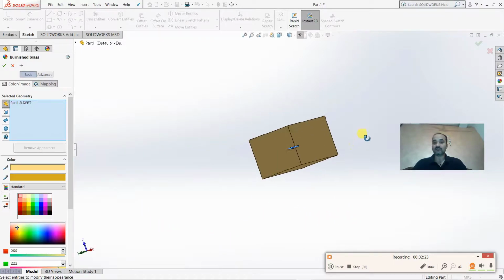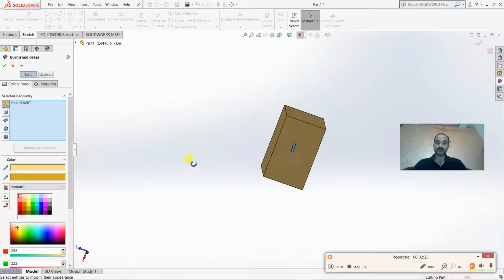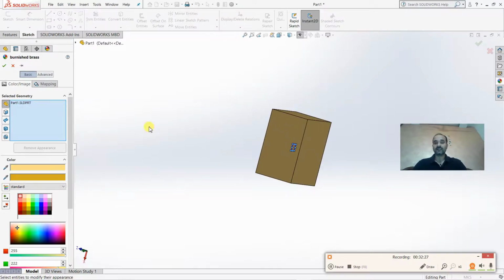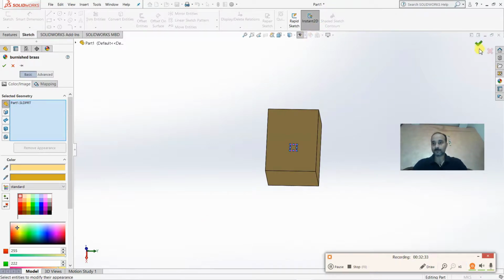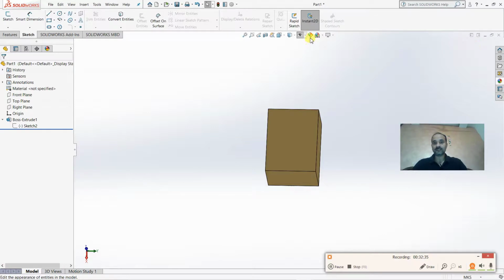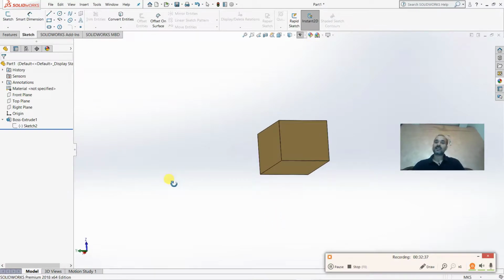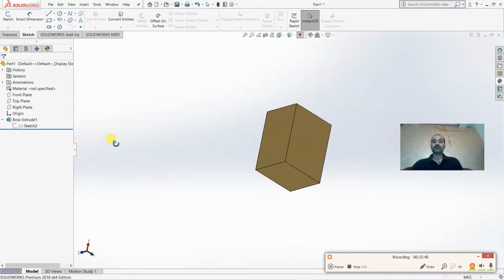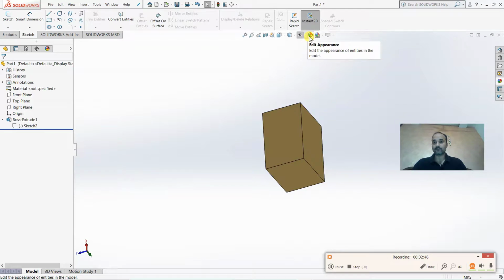It means you have applied the material visibility to this component, then it will be visible from here. You can change these appearances, you can accept, reject. It means you can apply the material views on the part which you have created. So this will be useful while editing your appearance.